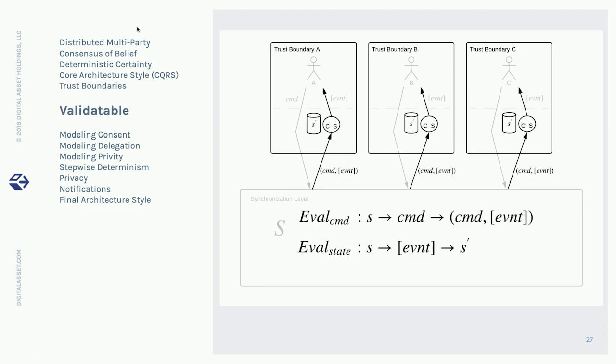Validation. Each party needs to be able to validate that the operation, the state update, was done correctly. So here we pass the command back with the event stream. Each bundle of events is actually passed back as a tuple containing the command and the resulting events, so that you can independently take that tuple, run the shared evaluation function against that state, and verify that the function was evaluated correctly.